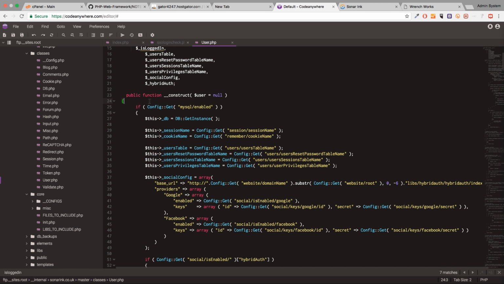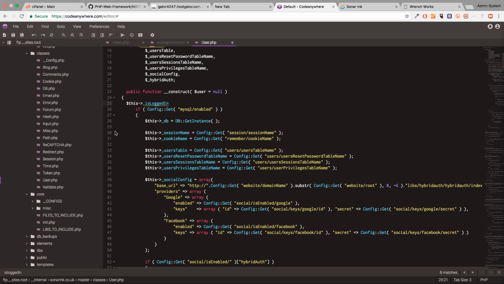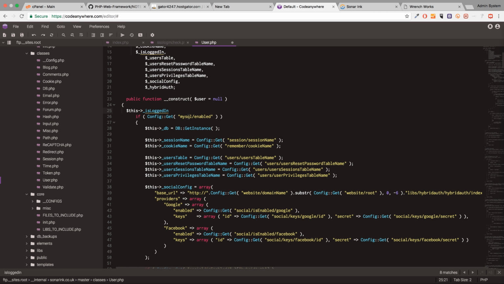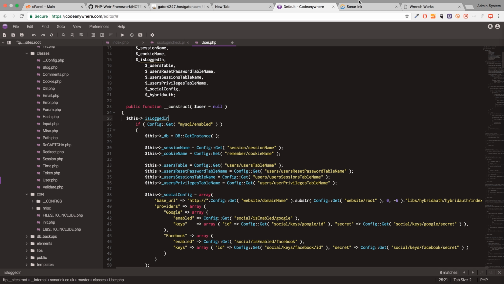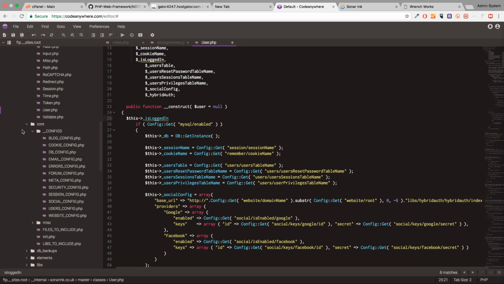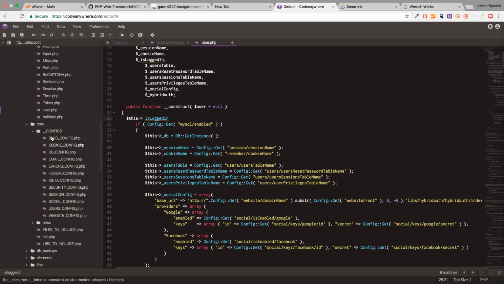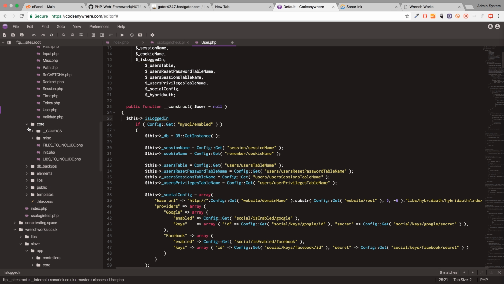Is it even getting within that config? Obviously MySQL should be enabled, considering it's logging in. So in the configs, yeah, that would be enabled. I'm not going to go into the DB config because obviously that has certain information that I don't want to share. But it's obviously enabled